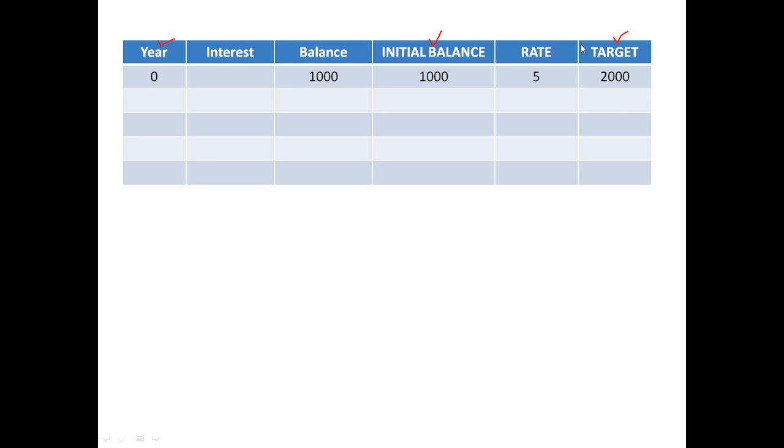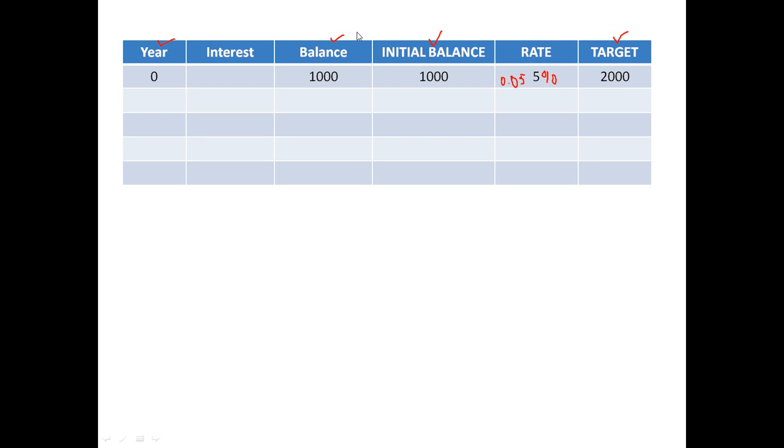And so the interest rate is going to be 5%. You could write this as 0.05 if you wanted. Either way, you could do that. And so we're going to take the interest at the end of every year and increase our balance. So of course our starting balance is going to be 1,000. We put the $1,000 in the bank,